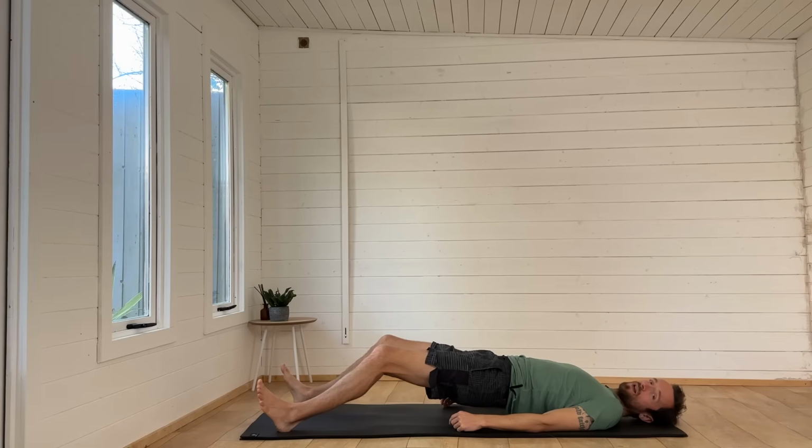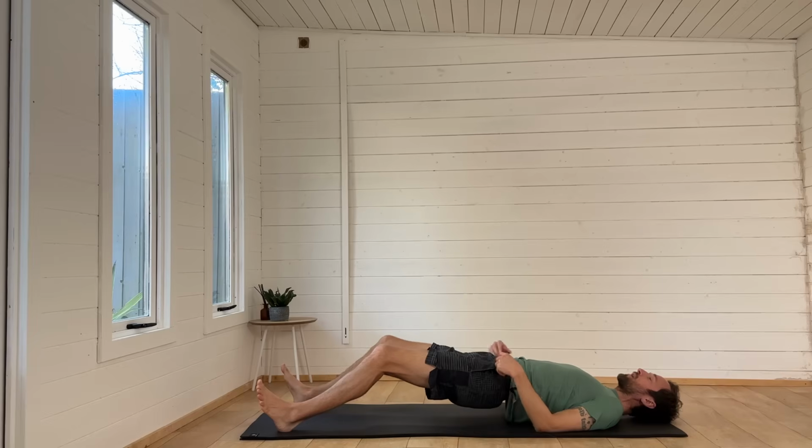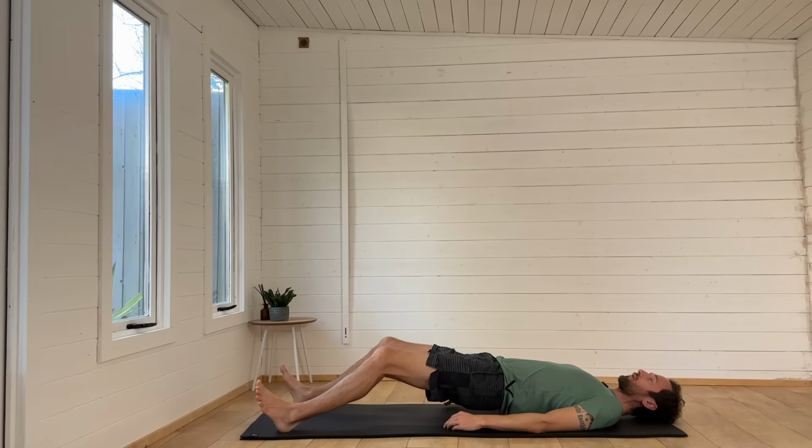You should be feeling that in the back of the thighs, so that's the hamstrings working. And make sure, if you can, get the left and right sides digging in equally. Might get a little bit in the bum, might not. But again, hamstrings pull our body along the earth. So they squeeze and they pull us